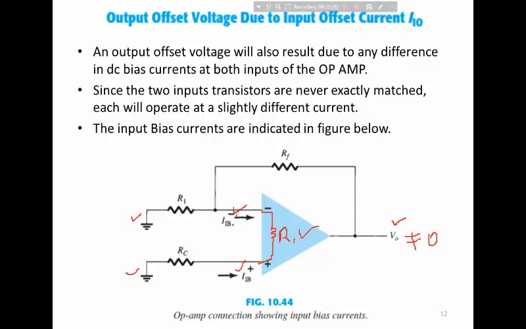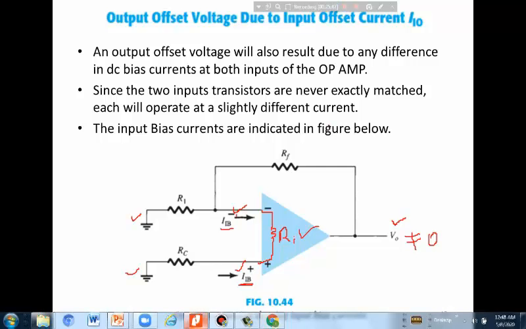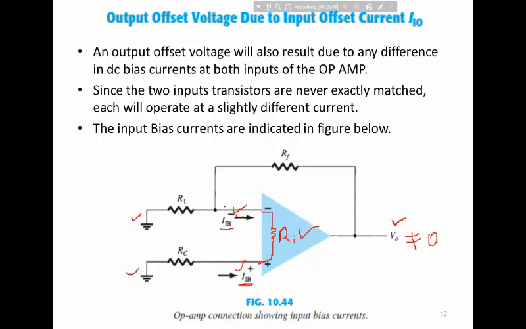So these currents are practically non-zero because of the fact that, if you remember, the input stage of an op-amp is a differential stage,